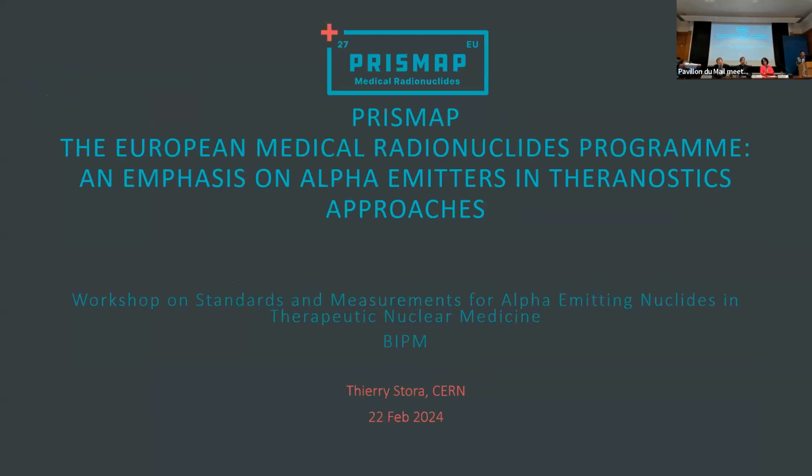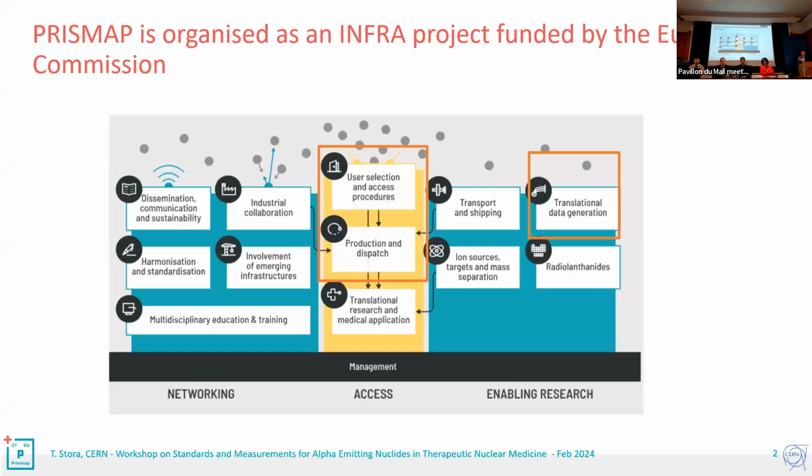So it's my pleasure to tell you a little bit about the PRISMAP program that we launched a bit more than 2.5 years ago. We are a European project. I myself am in charge of a facility for medical radionuclide production at CERN, called MEDICIS. And we have launched a program called PRISMAP, which is federating